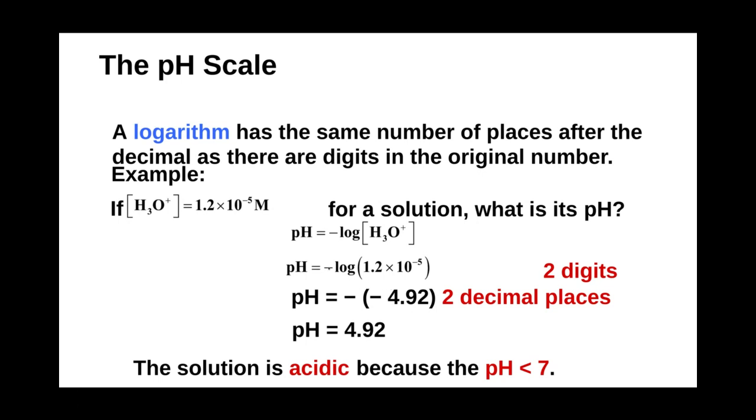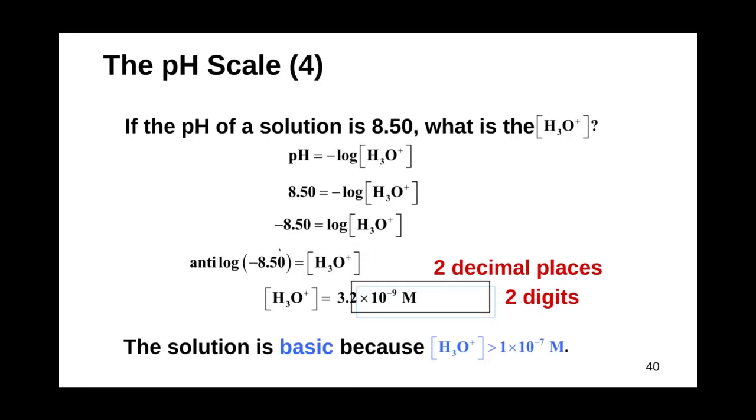So in this case, again, our concentration is this. We solve the equation, but again, it's the negative log. So you can think of writing this equation also as minus 1 times log of this value, if you felt like it. But when you are calculating pH, you've got to remember to multiply the minus sign by your calculated value. And so in this case, if we have this concentration of hydronium, we end up getting a pH value of 4.92. The solution has to be acidic because the pH is less than 7. Because remember, anything less than a pH of 7 has to be acidic. So conversely, we can do the opposite of this math.